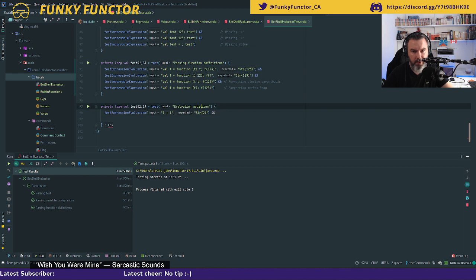The next thing I want to test is, so right now, what my code is doing is if the two expressions in an addition can be parsed into a big decimal, then we try to do the addition.